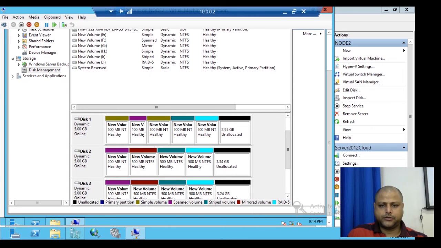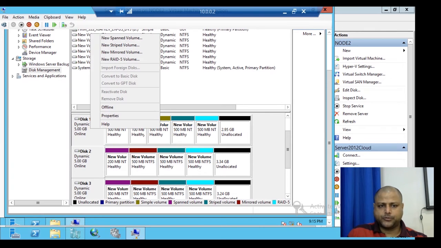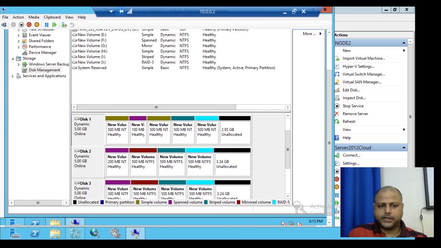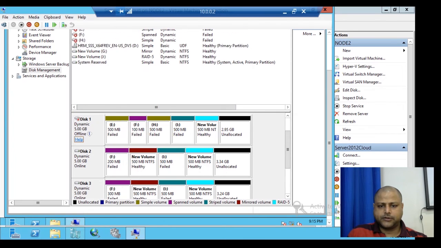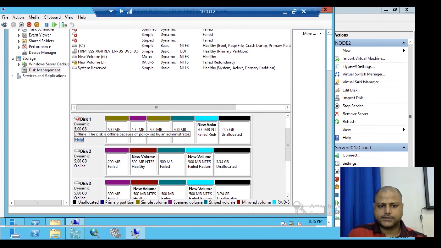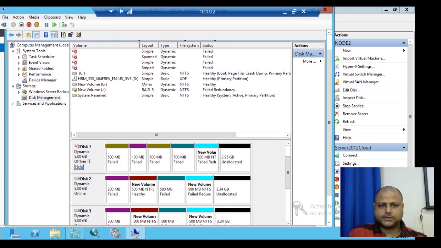So now in the disk space, we'll put a disk offline, so that we can check whether the redundancy is occurring or not. So I will right click on one of the disks and I'll put it offline. So when we take a disk offline, we will see that it will go to a fault. So you can see that the disk has gone down, and there is a down arrow prompting over here. And if you look upward, all the disks have failed. So you can see that it has crossed.